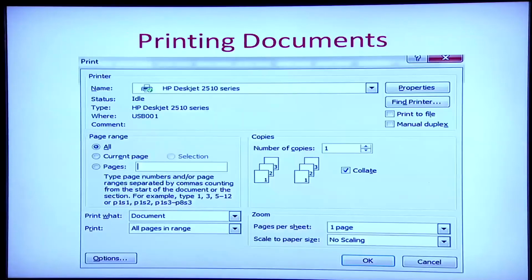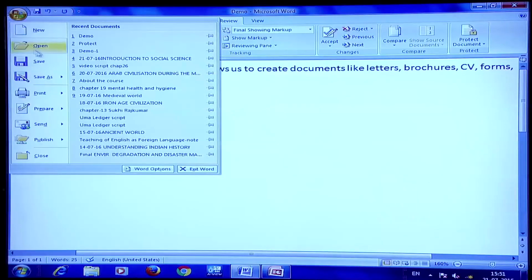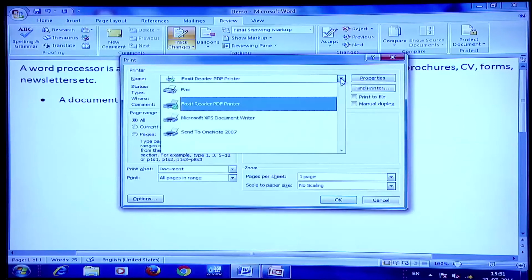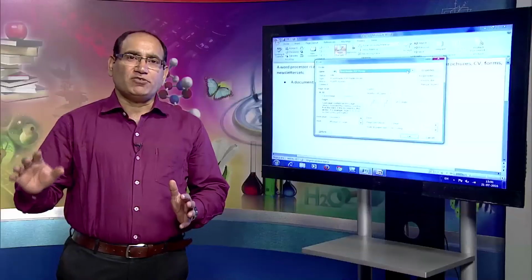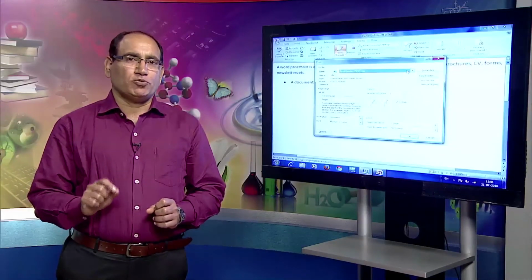Now, let us see how we can print the document. Again we shall see a demo. Suppose I want to print this document, I can go to the Office button, I can click on Print, it opens a print dialog box. In this print dialog box, I can make the changes, the name of the printer I can select. If my computer has only one printer attached to it, then the same printer is there, otherwise I can select any of those printers which have been attached. Suppose my computer is on a network and that network contains 5 printers, I can select any one printer on which I want my document to be printed.